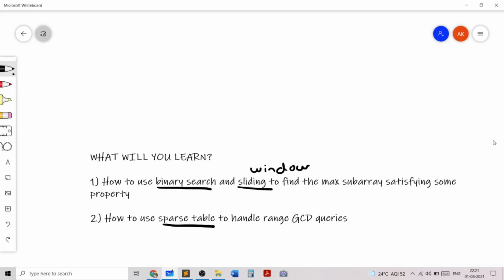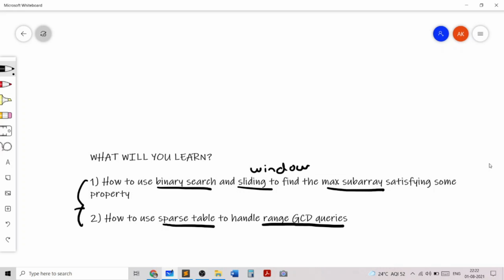So we'll be using binary search and sliding window to find the max subarray satisfying some property, and we'll be using sparse table to handle range GCD queries. So these two very different ideas are actually combined to be the solution for this problem, and I'll show you how to easily do this.